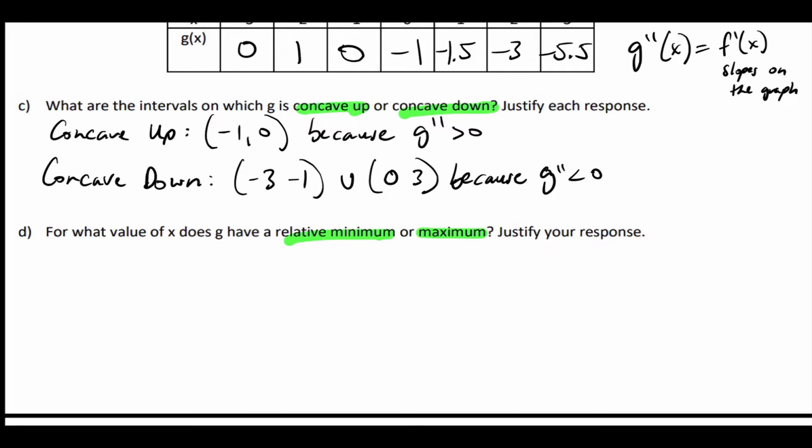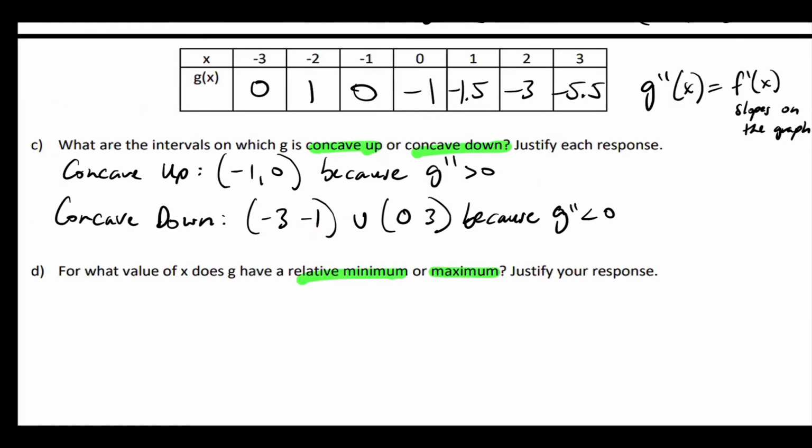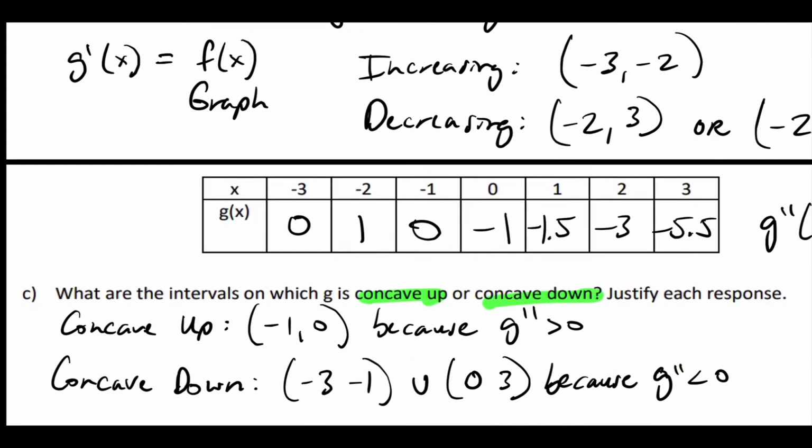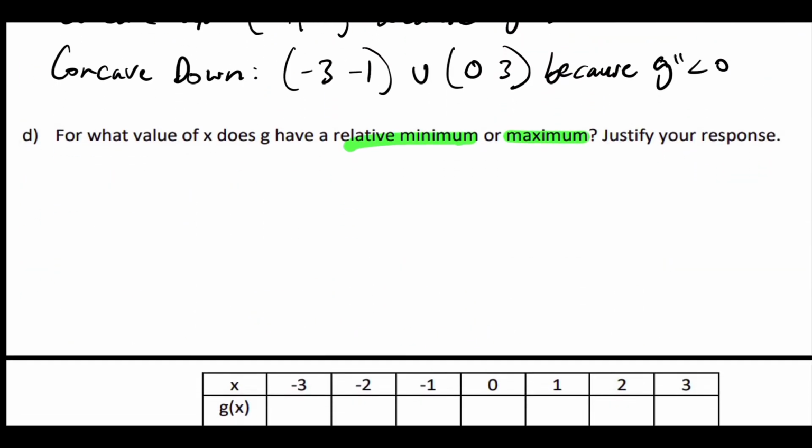Exactly. So we're going to refer back to not the slopes of the graph. We're going to go back to this guy right here, G prime, right? Relative maximum or relative minimum, sorry, G prime